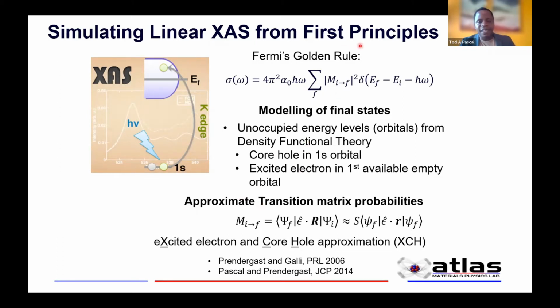And then the final piece of the puzzle, of course, is to calculate the overlap matrix between our initial and final state. In this approach that is commonly used, we can make this approximation that this formally many-body wave function can be approximated by the single electron wave function here, where we simply use a uniform scaling factor to approximate these single electron